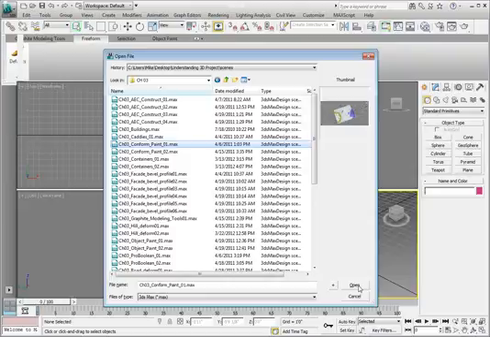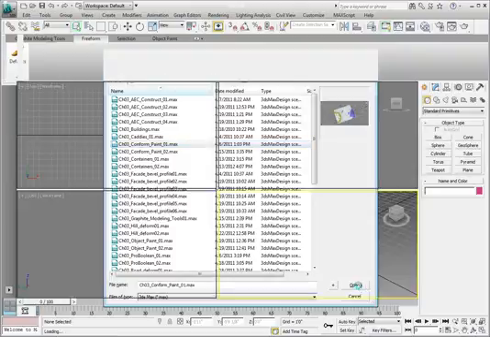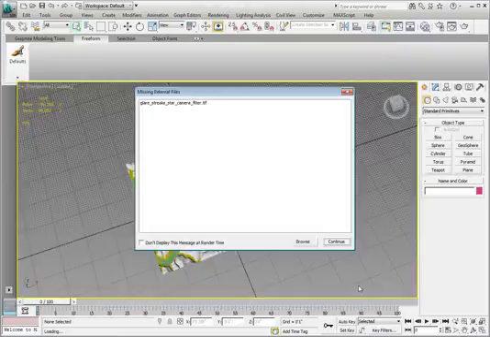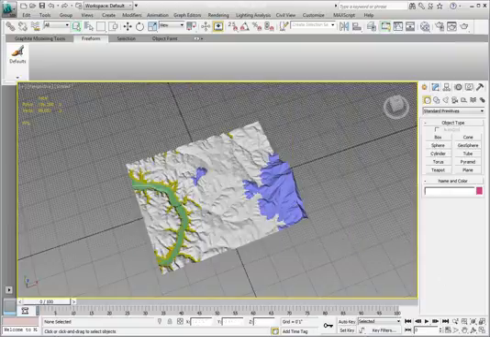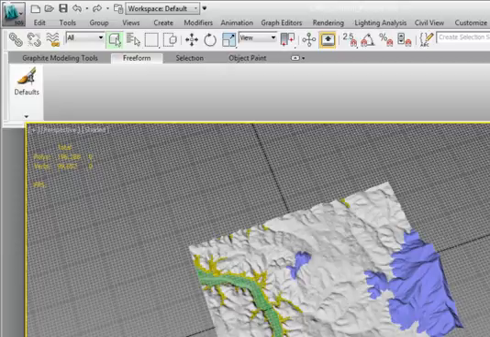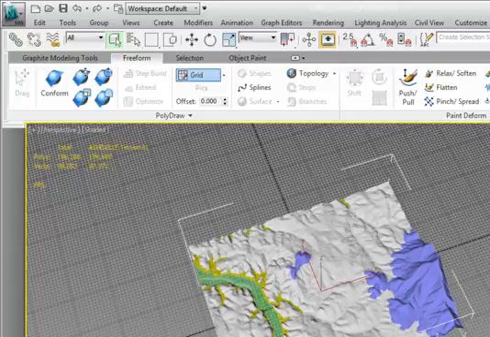When the file opens, you'll notice a fairly high-resolution terrain map. Go ahead and select the terrain object. If you look at the statistics in the upper left-hand corner of the viewport, you'll notice that there are two listings. I've turned on both the total and the selected object's polygon and vertex count. The terrain object has